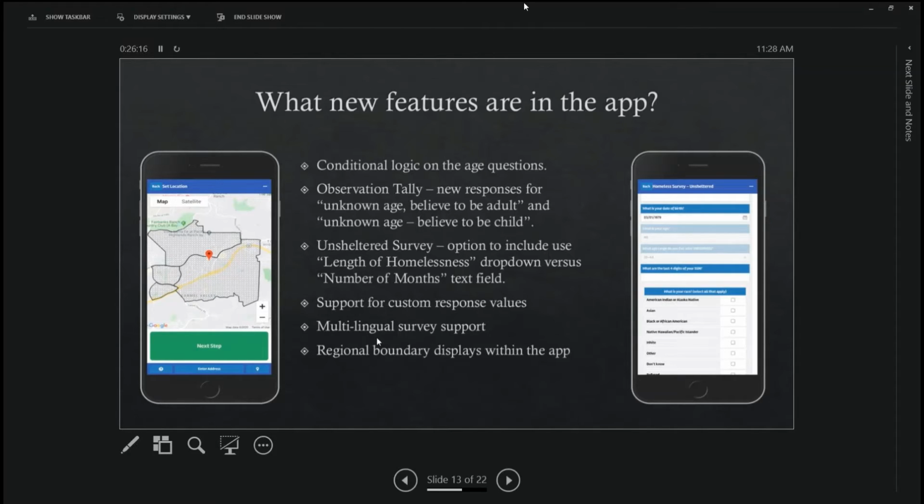Really thinking about maybe it's the body size, things around them, et cetera, is another way to infer whether it's an adult or a child, so we can still include that person in the report without skewing the age demographics. There's that side of that feature. The other one is on the unsheltered survey,